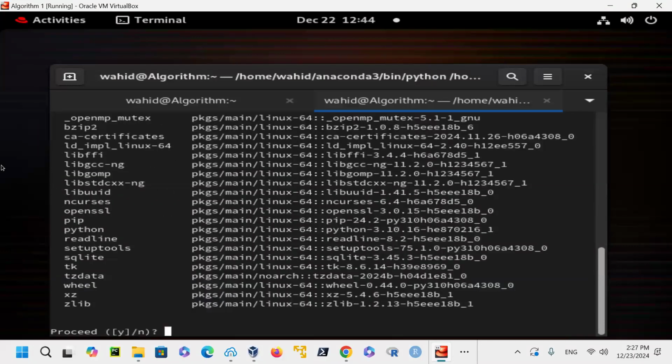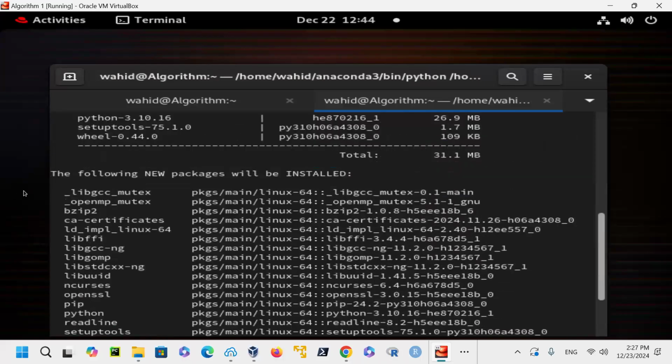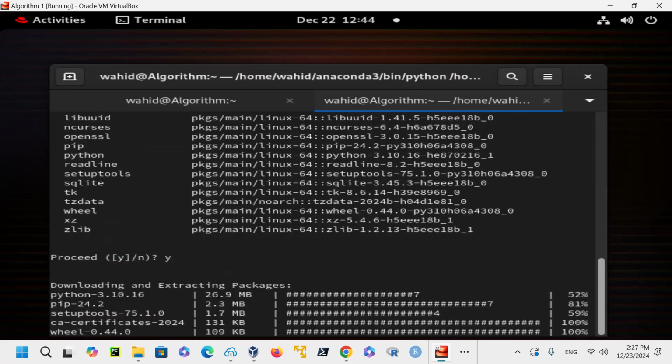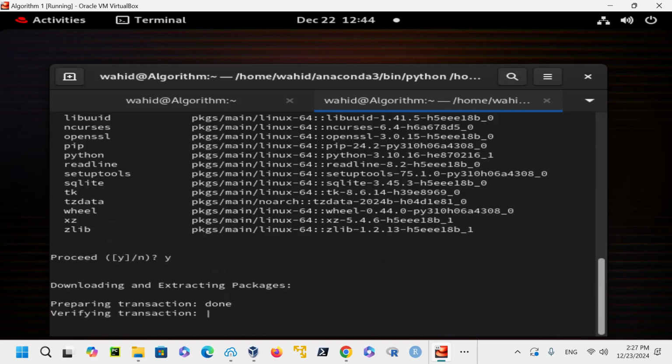And then it says these are the other packages that are found here that are part of it. Do you want to continue? Yes, I continue. Now I'm creating that Python 3.11